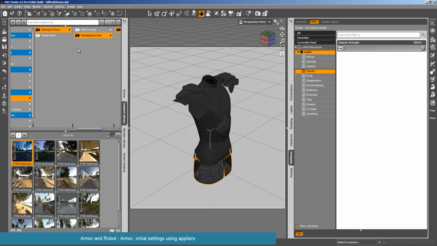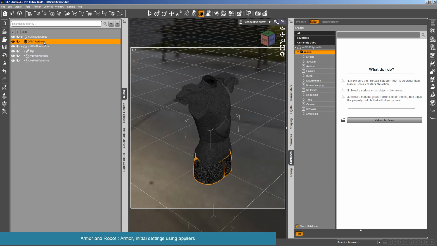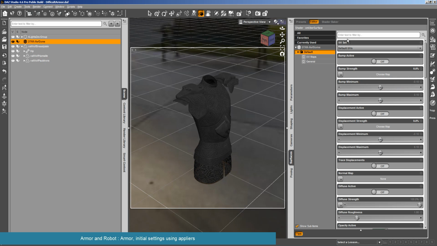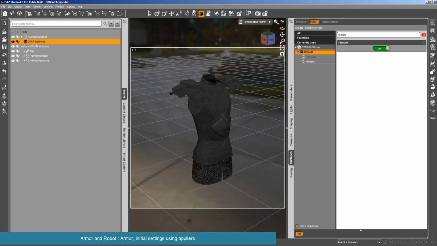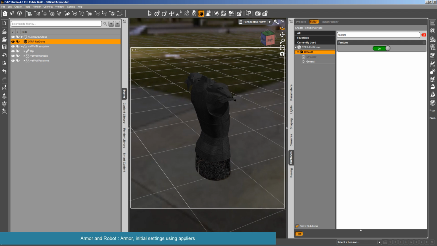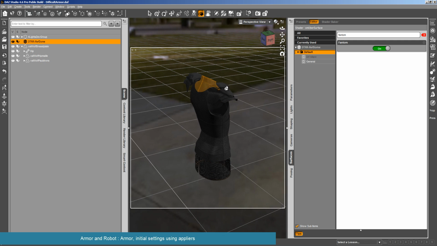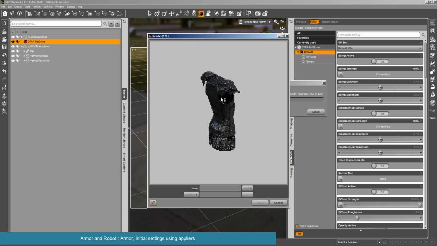Actually, it's not a map; it's a dome made by Dimension Theory. You know, this one is nice. For instance, it has a particularity, which is that if you press Phantom here, then you see Phantom on. It means that you won't see your environment, but yet you will see the reflection of your environment on your armor. So I kept these settings and made a render, and now you see how beautiful the reflections are